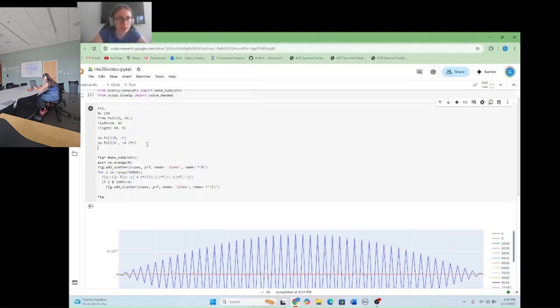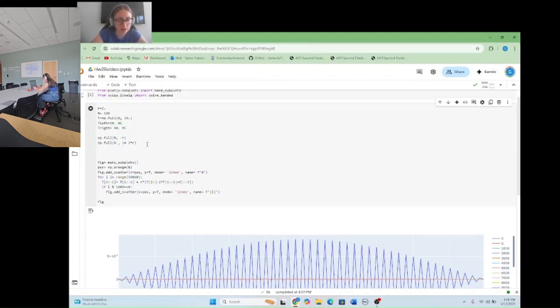Okay, so then our diagonal is going to be,